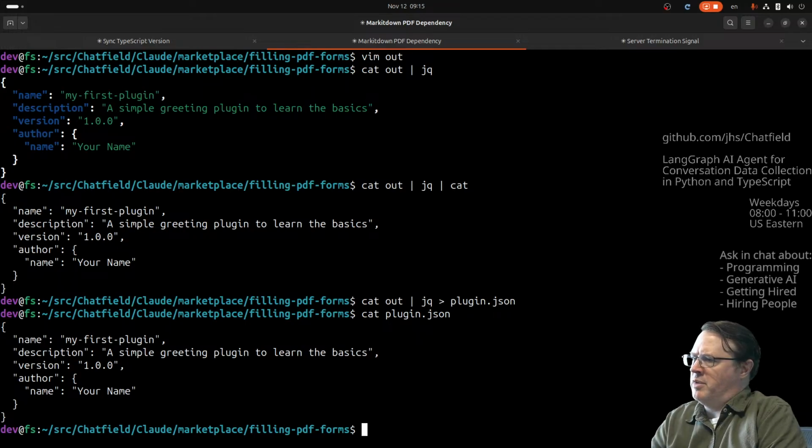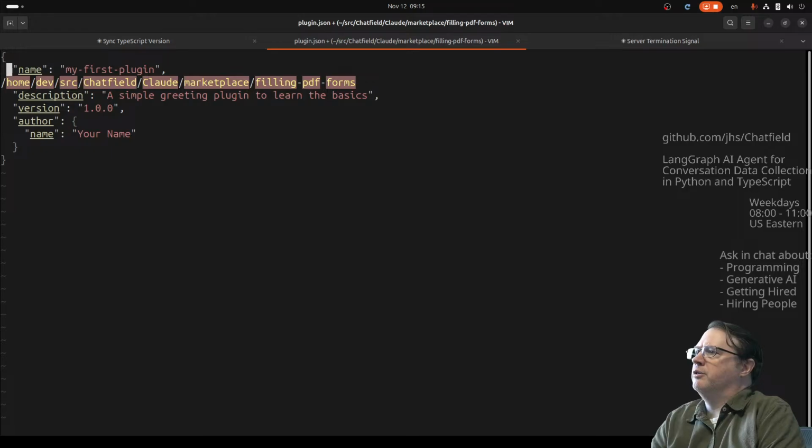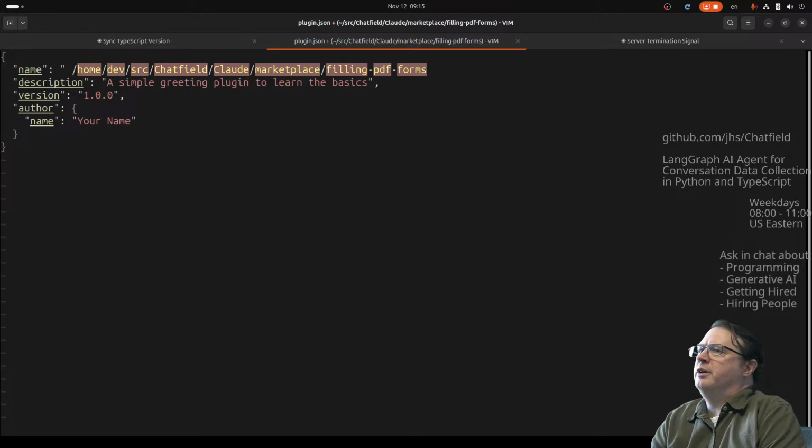So it is not my first plugin. It is filling PDF forms. So I could do like this, read, and I'll run a command, which is pwd. Yeah, so the name is